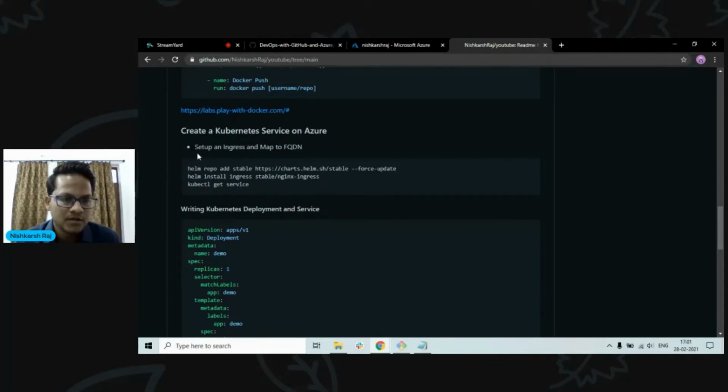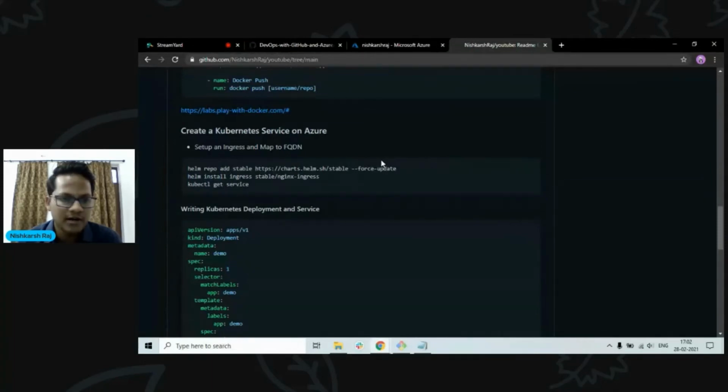Whenever you want to create a container and launch it, Kubernetes creates a deployment for it first. A deployment is basically a group of pods. A pod is a group of containers. So you might have different containers. If you're creating a full stack application that has a database and a front end, you might want to use different containers for the front end and back end. But since they're logically grouped, they might have been pushed into a single pod. So a deployment is basically a declarative format to create a pod.